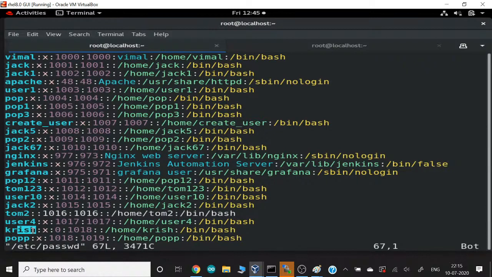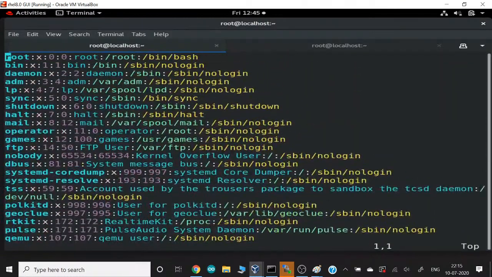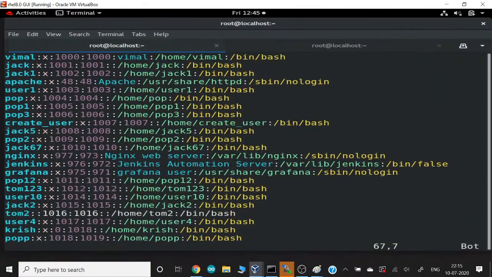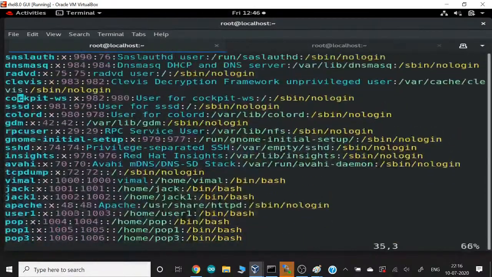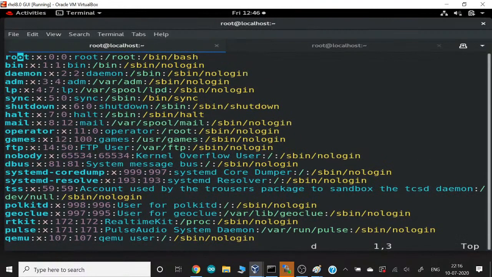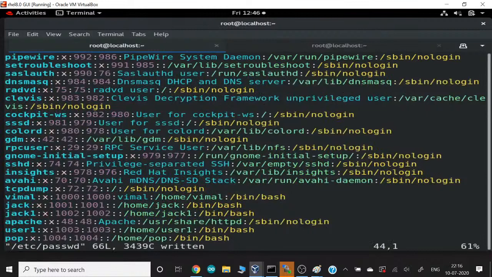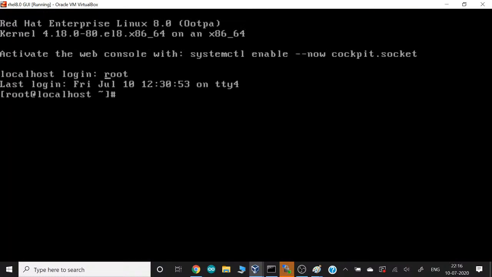A lot of guys say that in a Linux system, only one account can be root. But here I created two accounts that work as root. One is named root, and one is Chris. A lot of guys say you can't change the name of the root, but here I changed the name to Chris. So I can remove the first line over here. Technically it looks like this. The name changed. So let me save this file, and if I again log in to Chris,